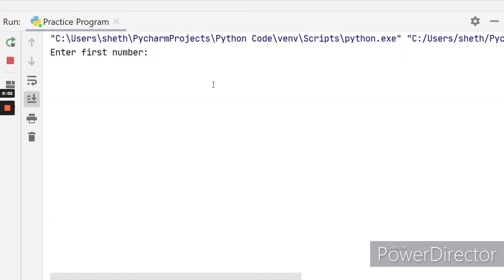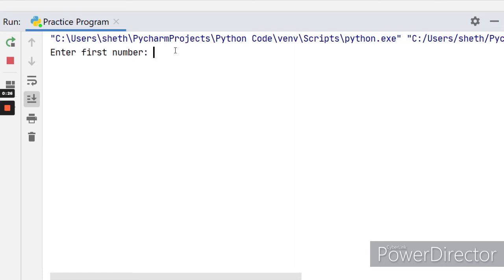Now I will give you an exercise or a challenge so you can know whether you understood what you have learned so far. This is what I want you to do. I want you to use the input function with the logic of swapping values of two different variables as you learned from my previous video. The program should ask me for two numbers.